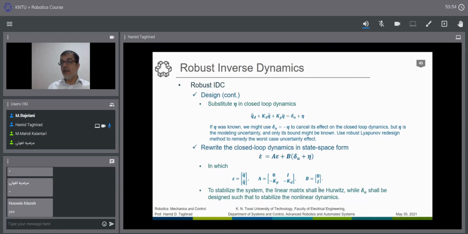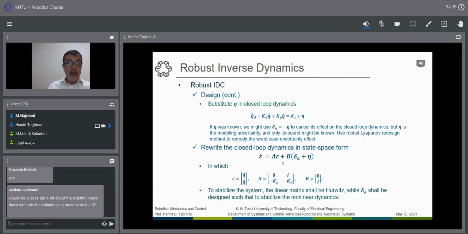And B is equal to 0 I, very simple, because the derivative of the first equation is the second state space equation that you have. So to stabilize the system, we should first stabilize the linear part. The linear part,